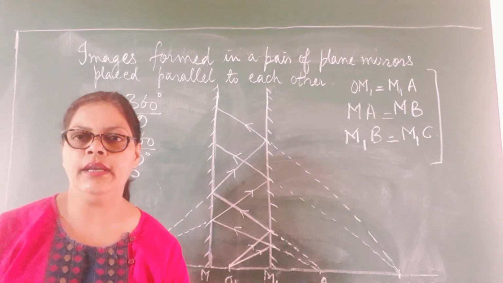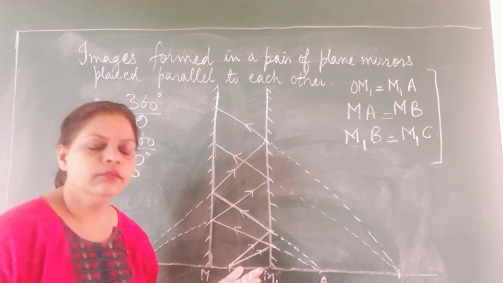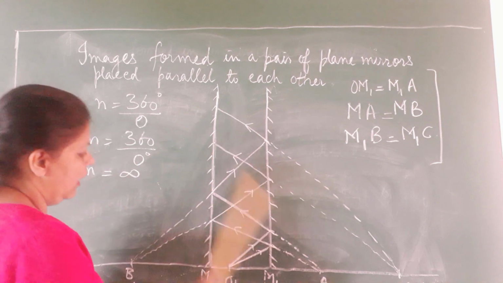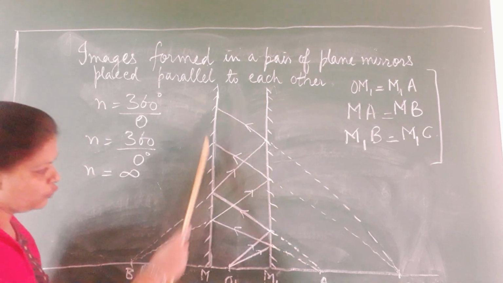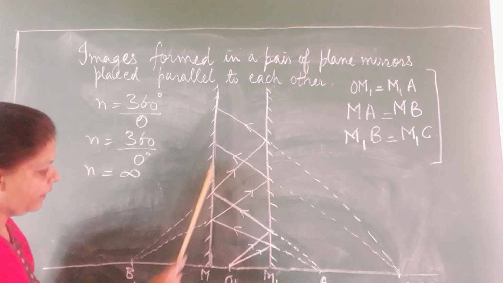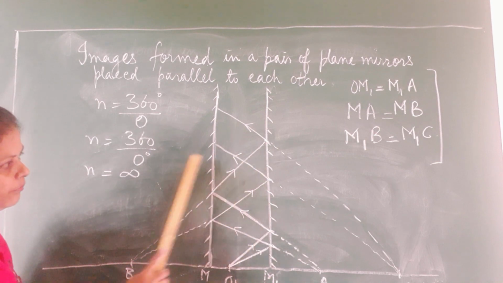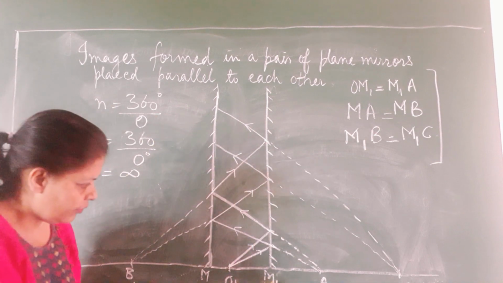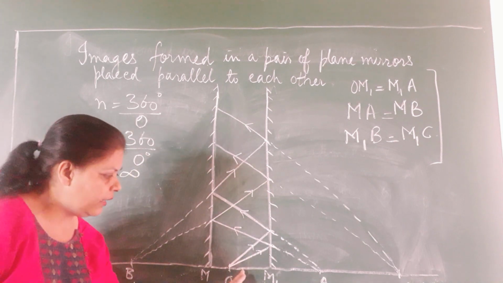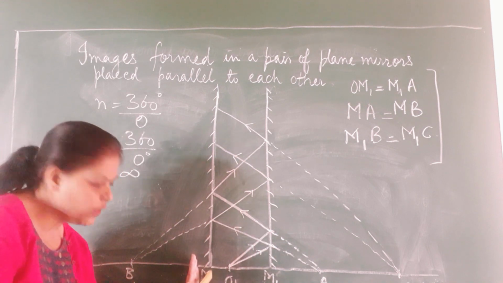So once again, a very careful look at all the steps. Children, those who are left behind and those who are not able to draw the diagram with me, I want you to have a look again and draw. First of all, I take a platform on which I place the two plane mirrors parallel to each other, children. These two plane mirrors, one plane mirror is M and the other plane mirror is M1, and I polish them, right? Now what do I do? If they are placed at a distance of, say, 6 centimeters, I am not going to keep the object right in the center at 3. No, I am going to slightly shift the object more towards the first mirror.